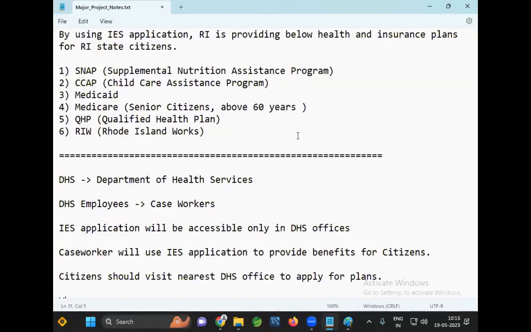If you are approved, your data matches the plan condition, you will get the plan for 6 months. Every month you will get $250 to your bank account. That will be given by the government. So like this, some people will be approved, some people will be denied for the plan, and some people will be terminated. For example, you came for RIW, you were approved. After 2 months, you got a job. Then you will be terminated from the plan. So approved status, denied status, and terminated status will be available.